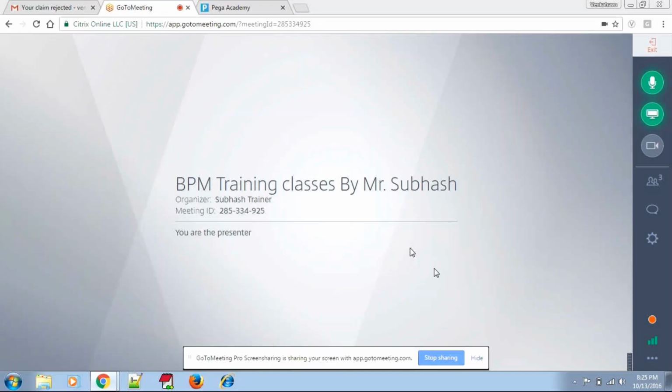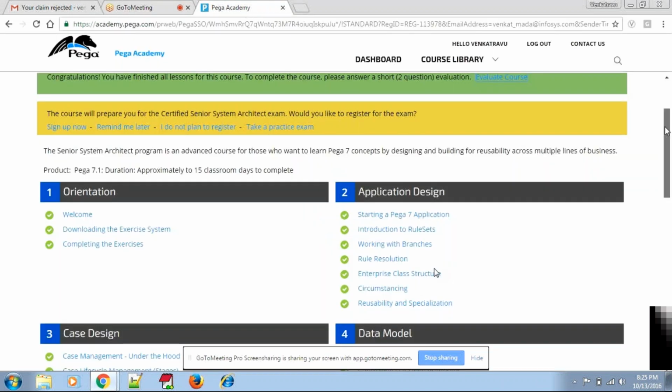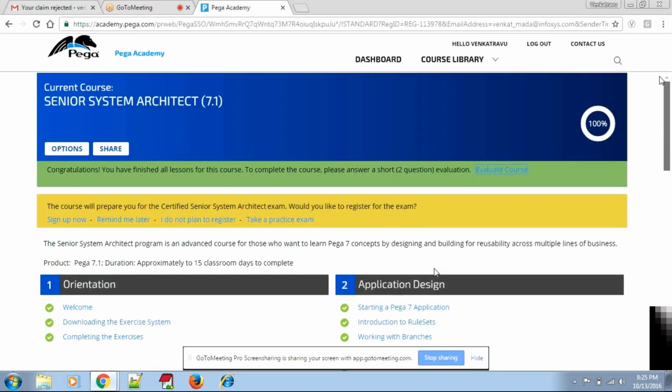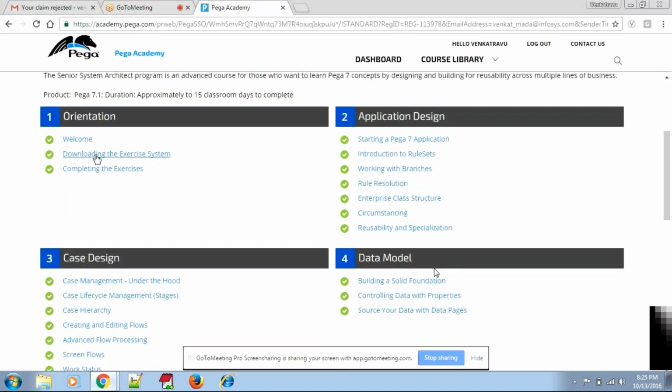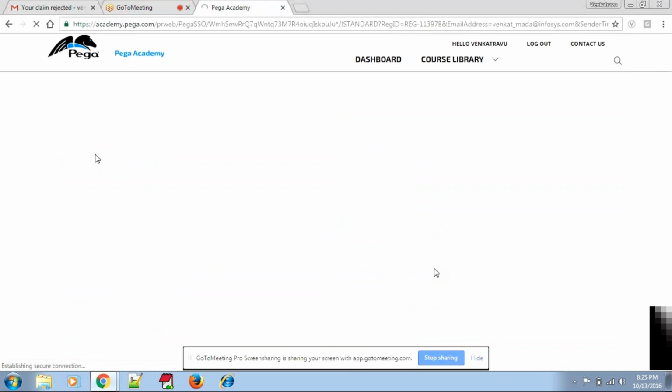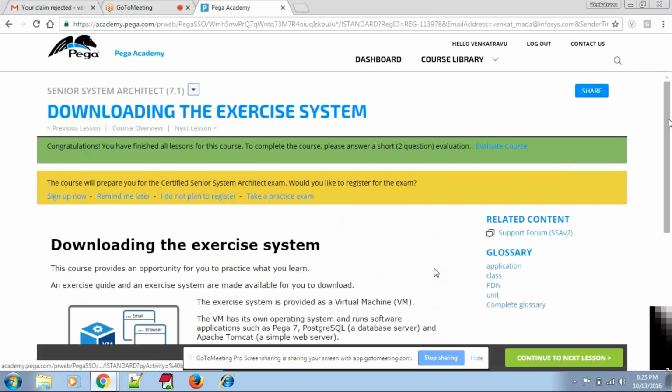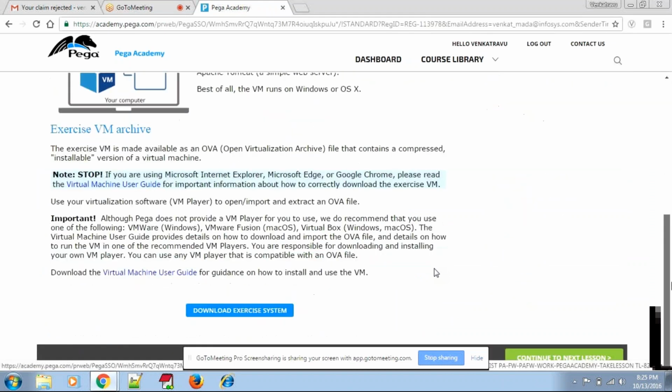I hope you are able to see my screen, right? Yes. I'll go to Pega Academy. Now go to the third chapter, orientation, download exercise system. Second chapter, this one. On the right hand side, you need it. No, not that one.